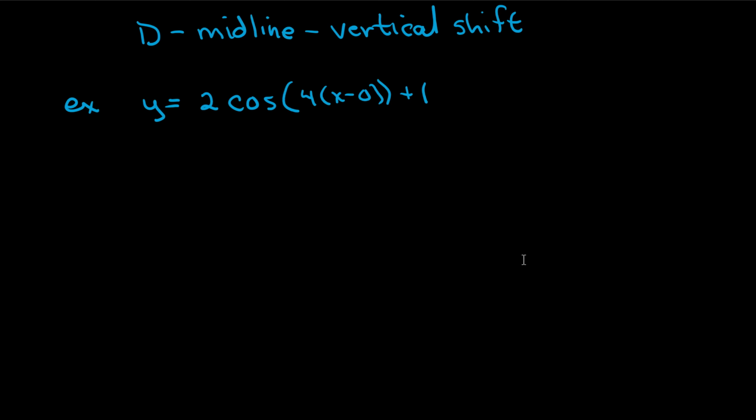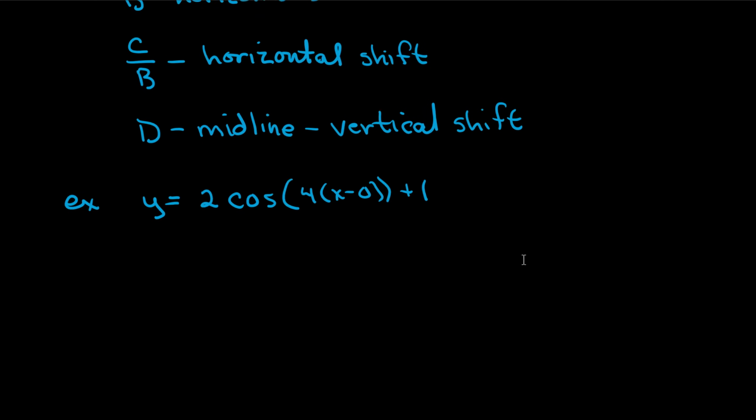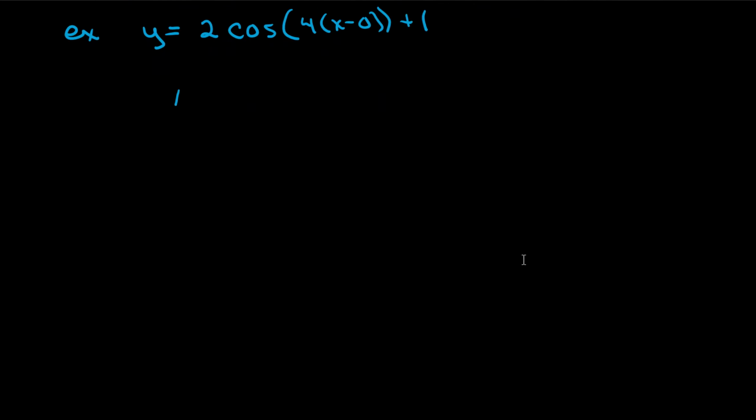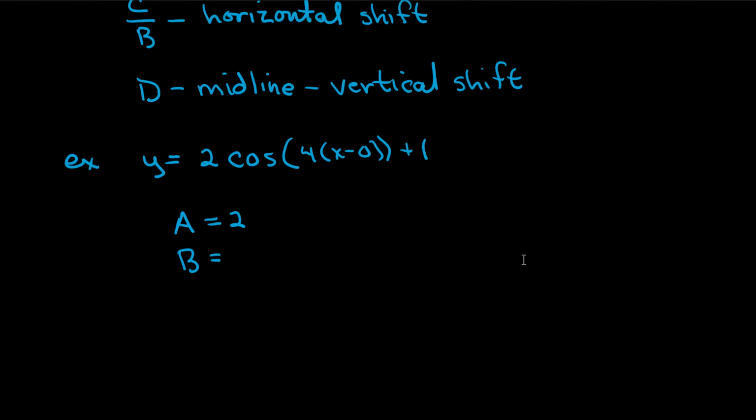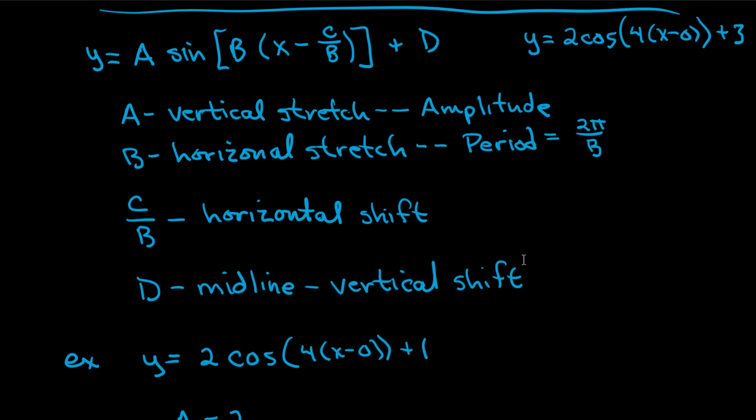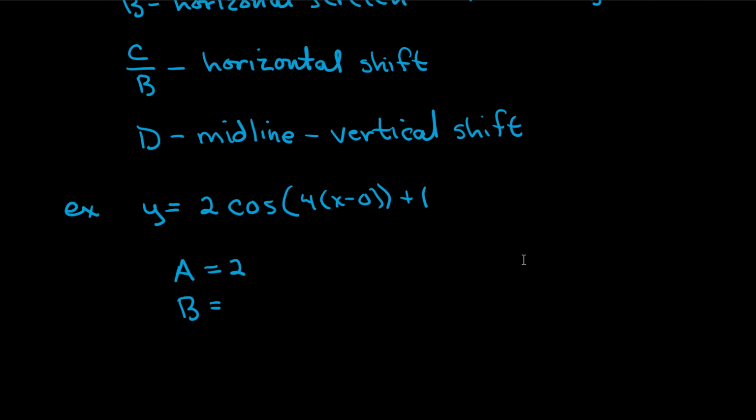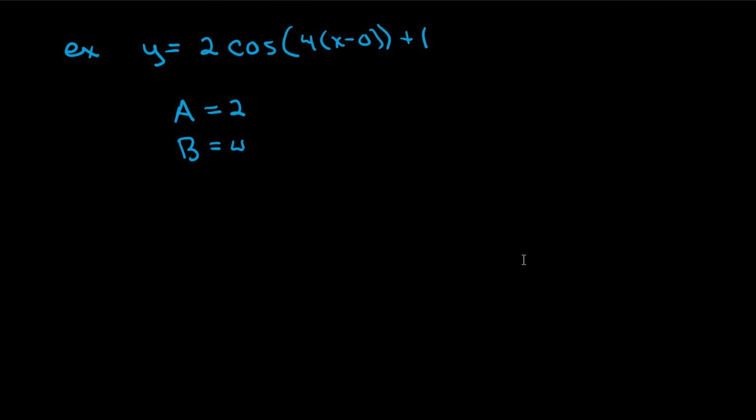First thing I'm going to do here is identify what A, B, C, and D are. And in fact, I'm going to reference back up to this table as we go. Okay, A is going to equal 2. This is the amplitude. It tells us how tall the wave or the graph is going to get. B, and you may say, wait a minute, what's B? B is right here. It's going to determine the horizontal stretch or the period. So in this case, B is equal to 4, which means we have a period